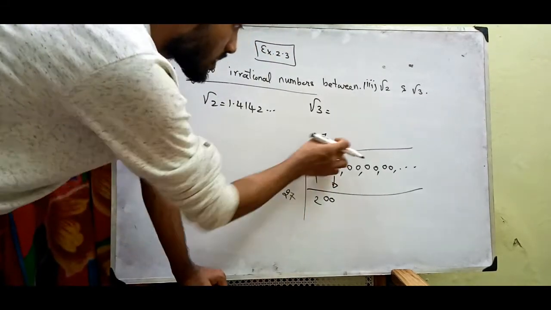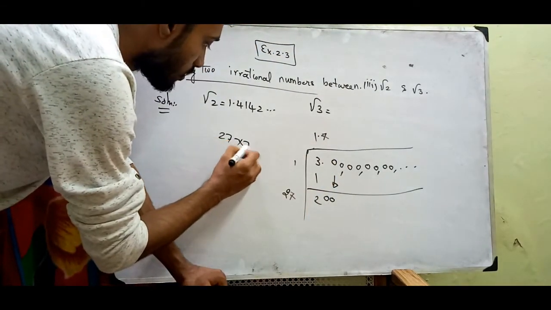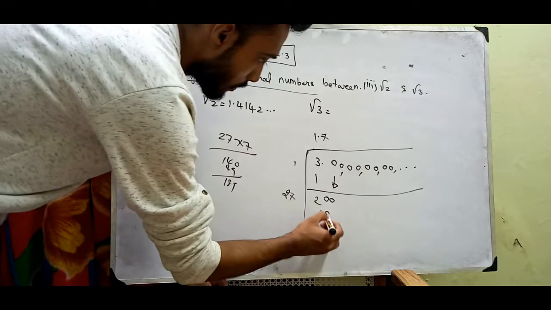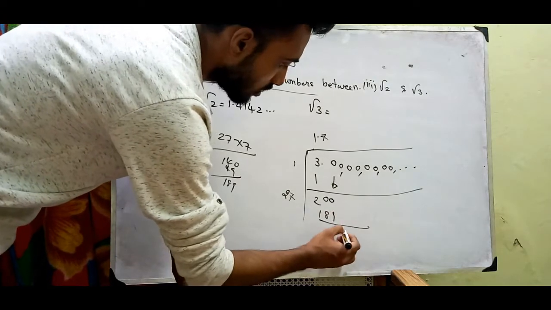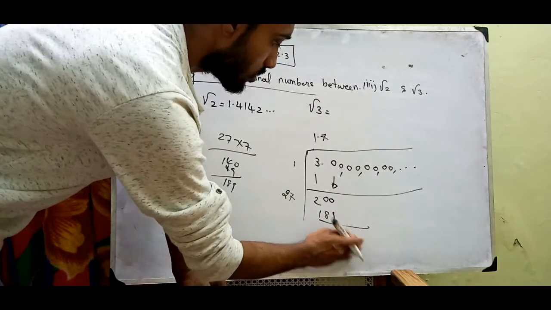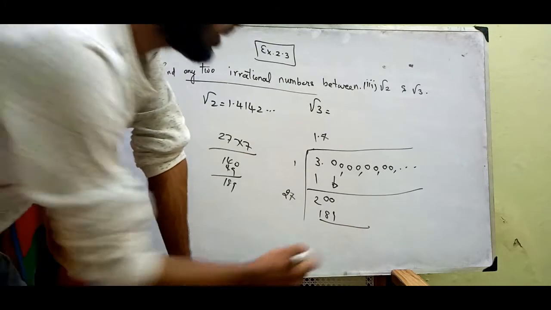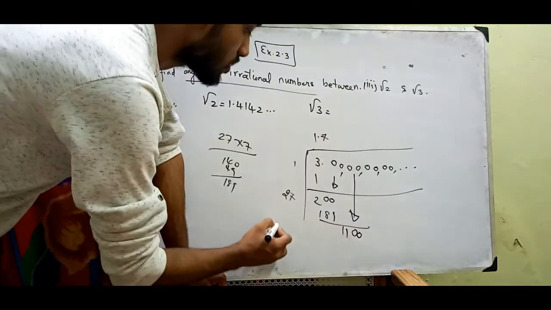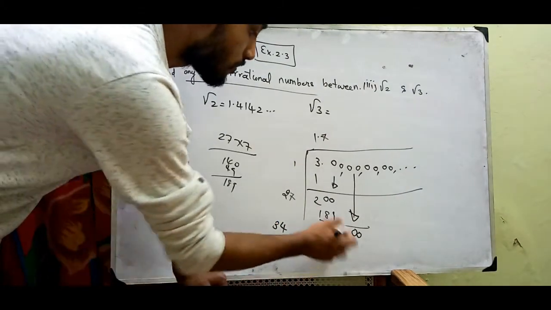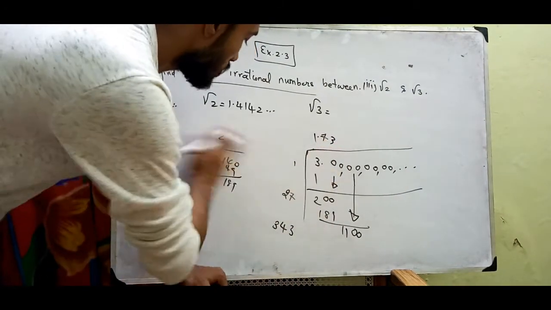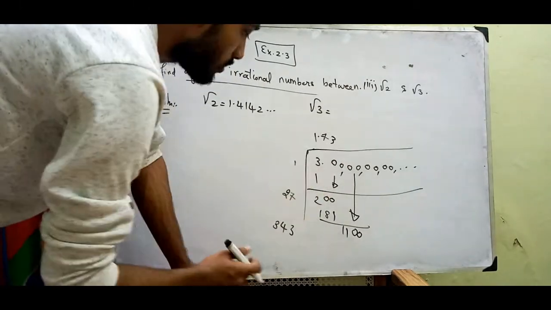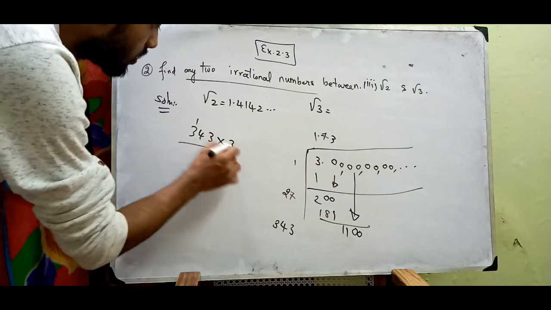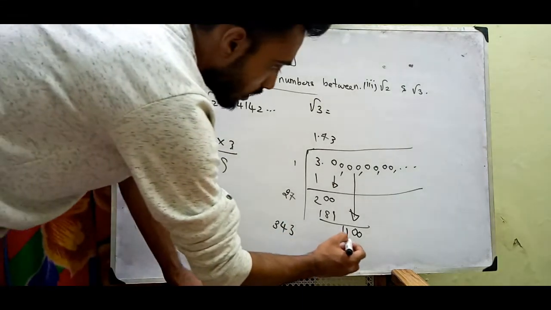See, so 27 times 7, so 140 plus 49, that is 189. So 189, remainder 19, right? Not 19, 11. So again take 2 zeros here. 27 plus 27 is 54. Then if you take 3, it is going to come up 3 times 3, because 3 4 3 times 3, 9, 12, so 9 plus 1, 10, so 1029.